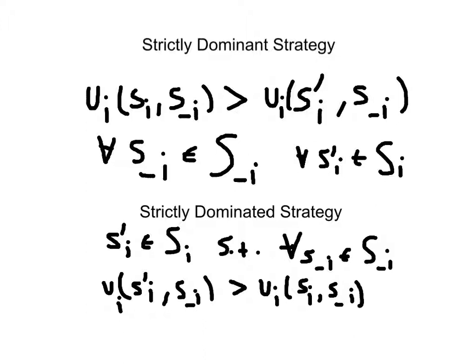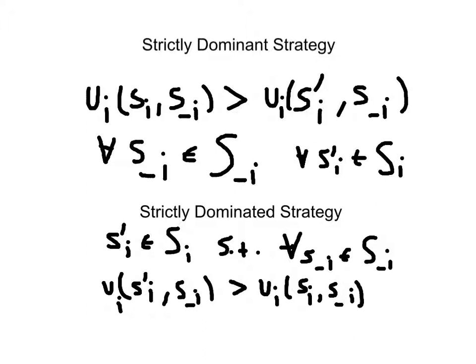So the concept of a strictly dominated strategy is very important. For all strategies possibly played by other players, there exists another strategy available to player I that has a higher payoff than S_I, and that means that S_I here is strictly dominated. And if we were to loosen the inequality sign here, of course we would have a weakly dominated strategy as well. Okay, so now we have outlined some conceptual apparatus. We're ready to start applying these concepts,